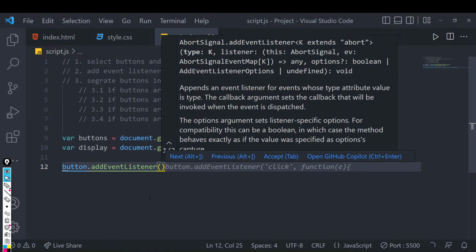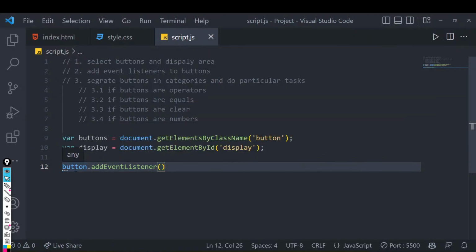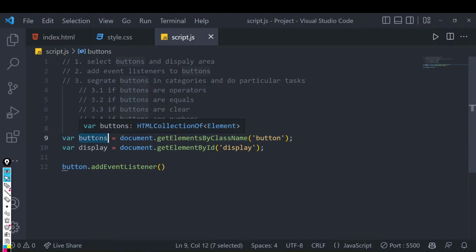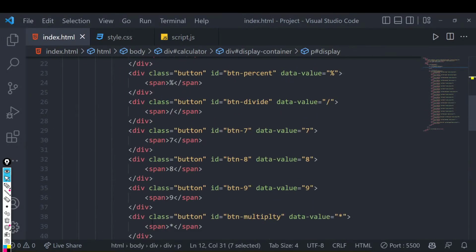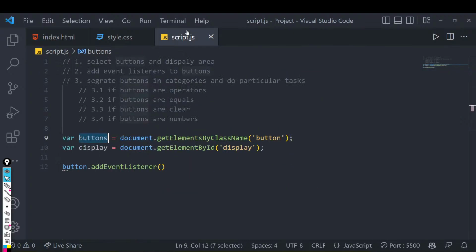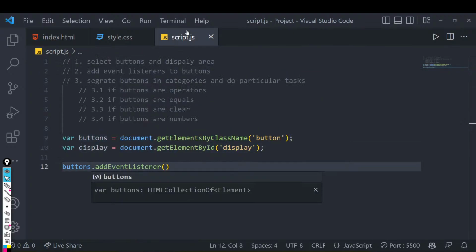But the change over here is that button is not one single variable, right? We have an array of buttons. If you try to log this, you'll probably get an array that contains all these elements, because there are a number of elements in our page. So I cannot just directly add an event listener to all of these buttons by writing buttons.addEventListener, right? It will not work. So what is the simple way of doing that?